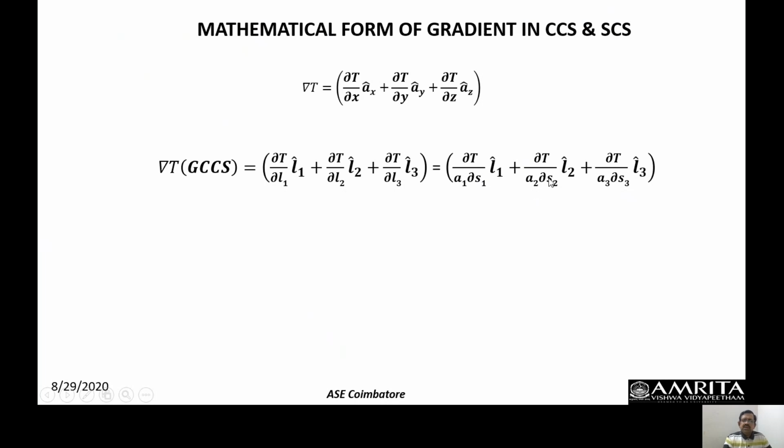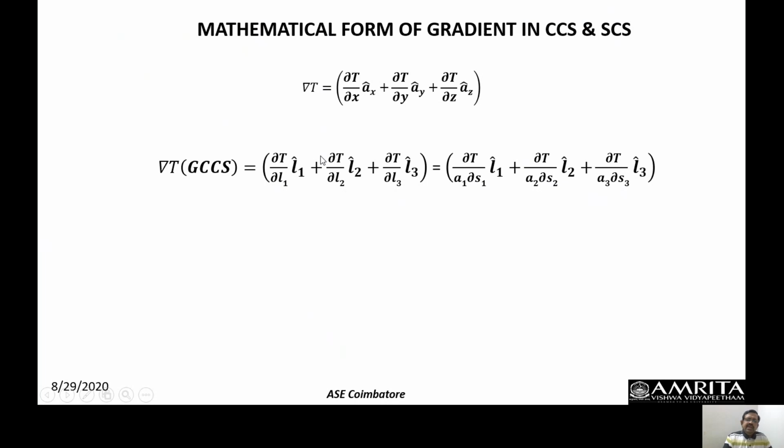So if I substitute ∂S1 to be ∂x, ∂S2 to be ∂y and ∂S3 to be ∂z, and A1, A2, A3 are 1, then I will end up getting this. This we already know, but the only thing is we do not know how to represent the gradient of a scalar function in the cylindrical coordinate system and spherical polar coordinate system. So let us talk about the gradient function. You remember, gradient represents the slope. The magnitude of the gradient represents the slope along the direction of steepest ascent of the function. Now, the gradient of a scalar function is a vector. That is exactly what it is here.